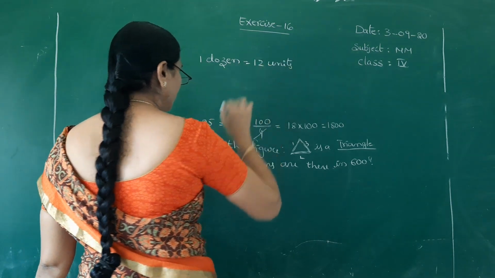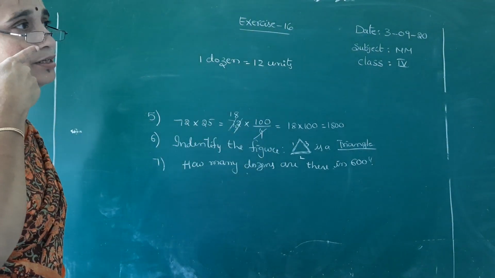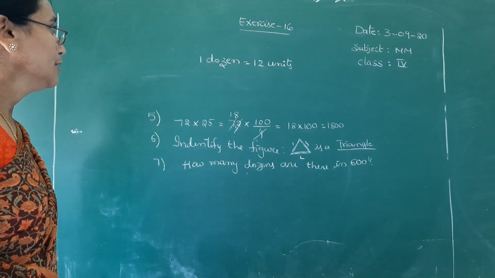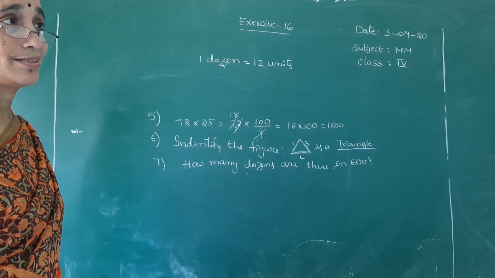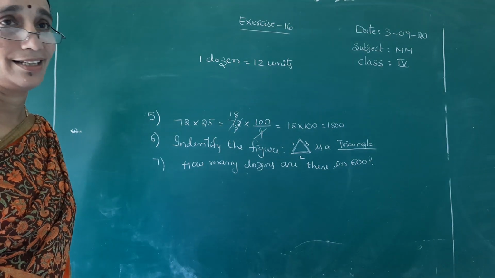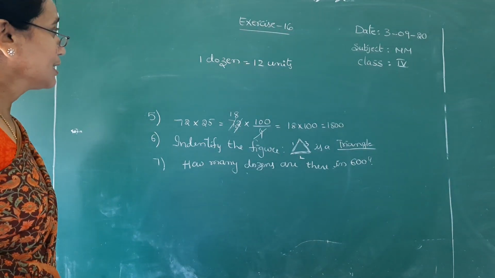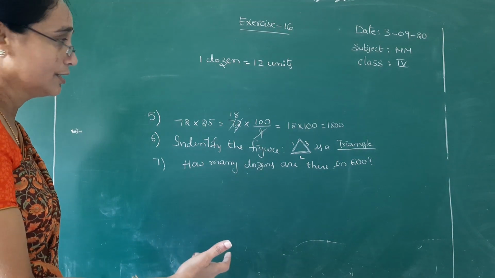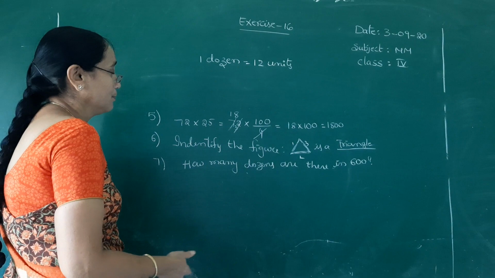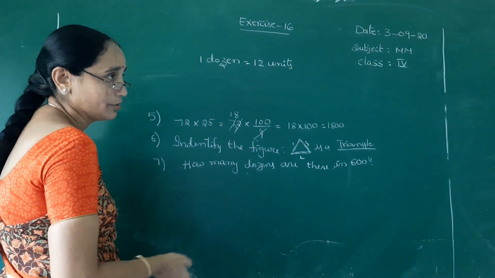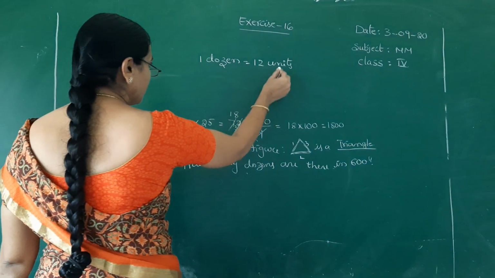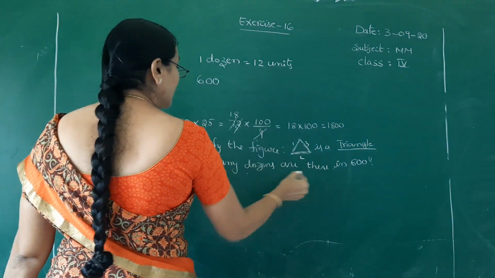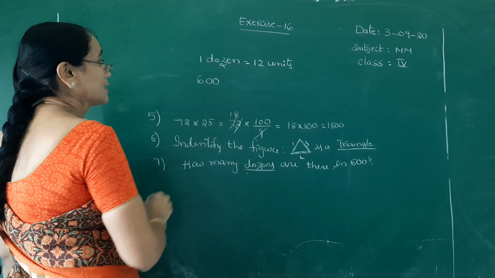So if you want to buy some fruits, Mummy is asking the shopkeeper, give a dozen bananas, give a dozen apples. That means they give 12; you have to count 12 and they give that dozen, 12 apples, 12 bananas, whatever you are asking. One dozen means 12 units. But here they are asking about 600. How many dozens in 600 they are asking.